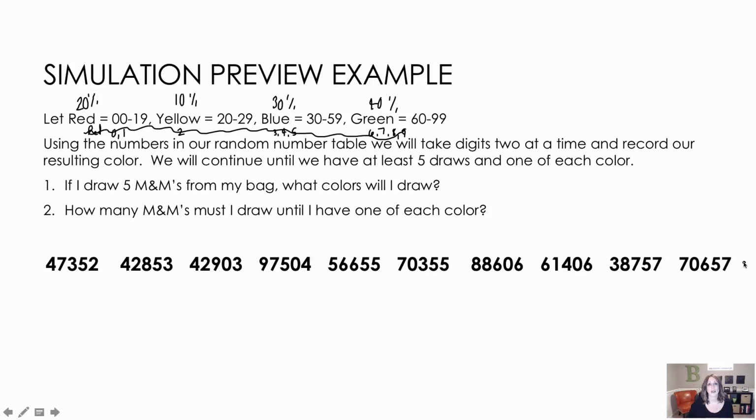So here is a random number table. This is a line from the random number table. And I want to show you how we would use this in a simulation. So I'm going to use the numbers and I'm going to take 2 digits at a time. 2 at a time because I have set up my numbers to be 2 at a time. And then I'm going to record the resulting color for each. And I'm going to continue until I have at least 5 draws and 1 of each color so that I can answer these questions. So 47